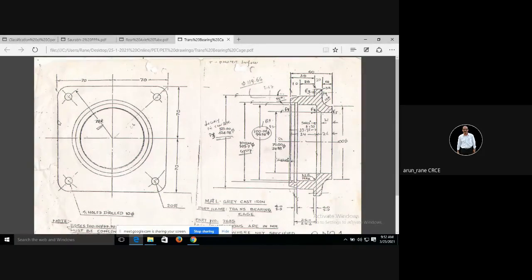Process critical area means we are using that area as a location and reference. Not supporting location, but for location. Now see, when you are doing drilling, this surface is used as a supporting surface, but then this doesn't become your process critical area. While drilling, this should not bend. For this, we are keeping something underneath, a parallel block, some kind of a thing, so that this doesn't get bent. So this doesn't become your process critical area.